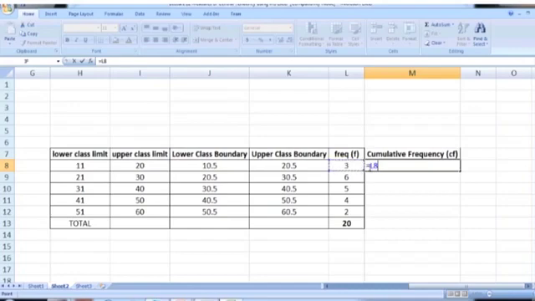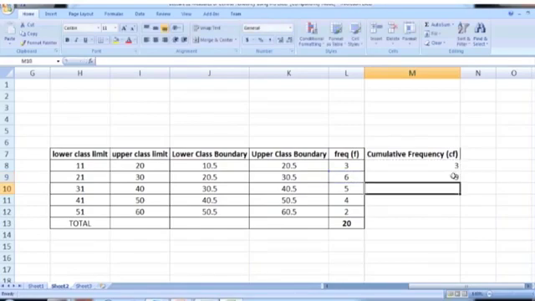So just put an equal sign and then the cell address of this first frequency, L8. And here we need to add this number 6 with the previous number. So L9 plus this one. So it will give us the sum of these two numbers.